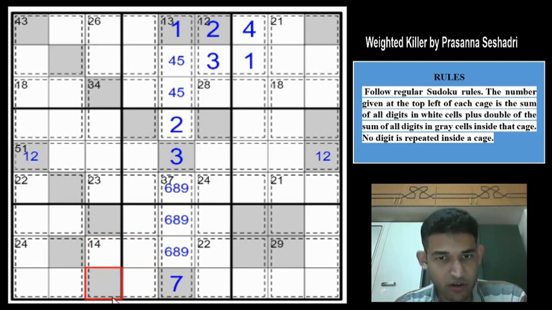Can we have a 4? Yeah, you can have a 4 because that becomes 8 and you need 6 more from 3 cells, which is quite possible. So 4 or anything less than 4 is possible in this case. So this is a 24, which is quite high in possibilities or candidates for now. So let us look at around this area to see if we can get any continuation. Let us look at this 21 cage, which has become suddenly somewhat restricted because of placing 1 and 4 here, right?